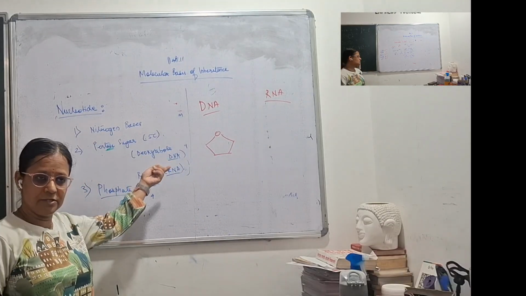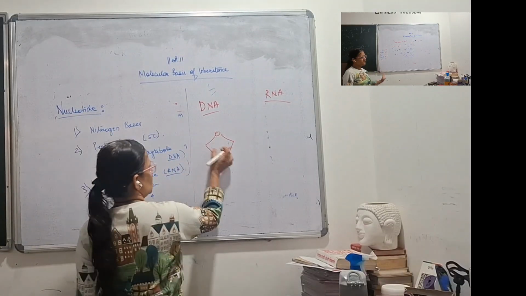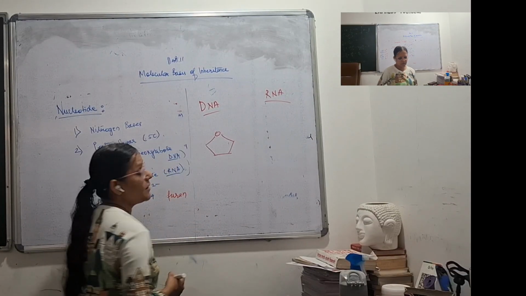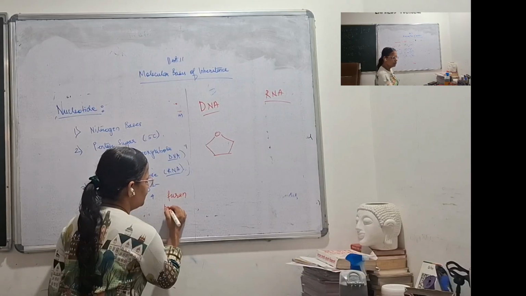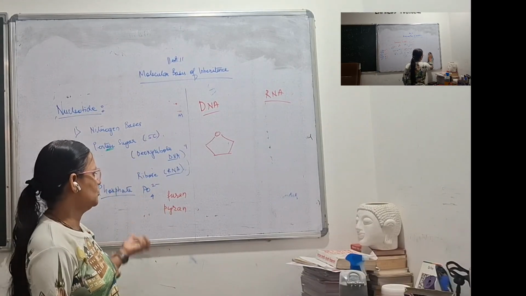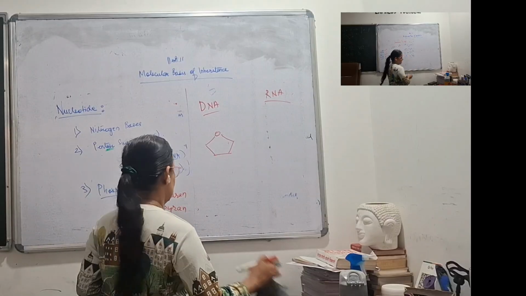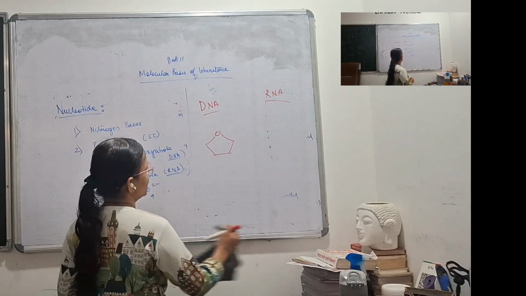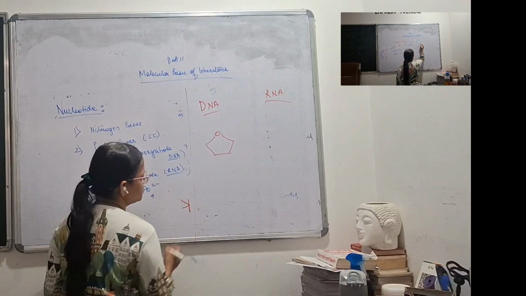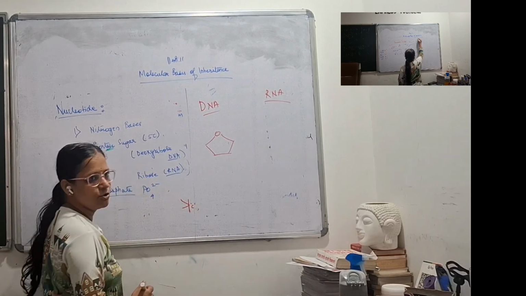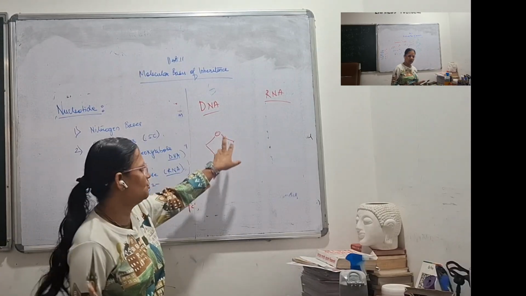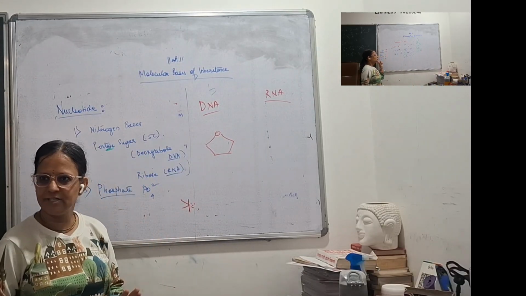So this is how you represent. This structure is called furan. Furan and pyran are two ways of representing the molecule. So this is furan structure. Now, in this cyclic chain, wherever I have drawn these edges, it means a carbon atom is present over there. So you don't need to write CCCC. You can just put these edges. That means carbon is present there.